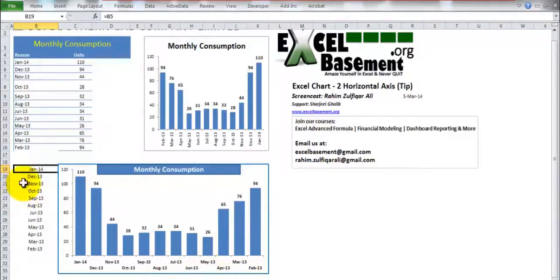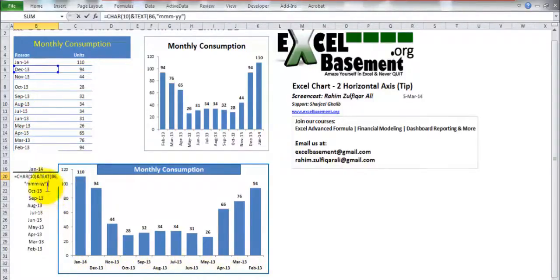For having the 6 months in the first line, you just have to put a simple formula: equals to the cell reference in your actual range of your monthly database. So you will put equals B5, which refers to Jan 14. Similarly, for every alternate month you put only the cell reference. But for moving the months into the second line in the horizontal category axis, you have to use a function called CHAR.